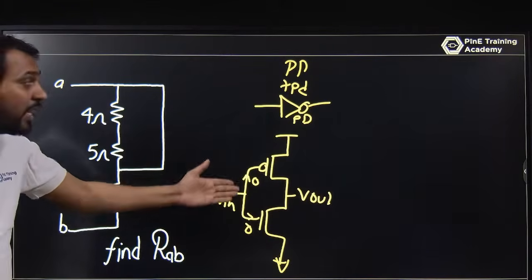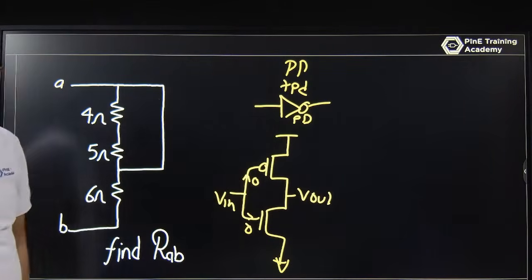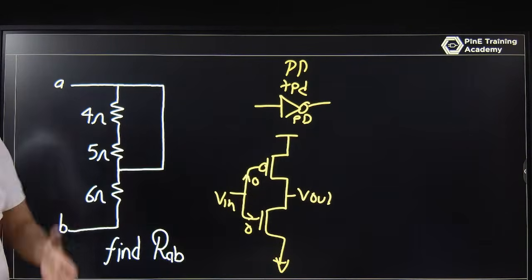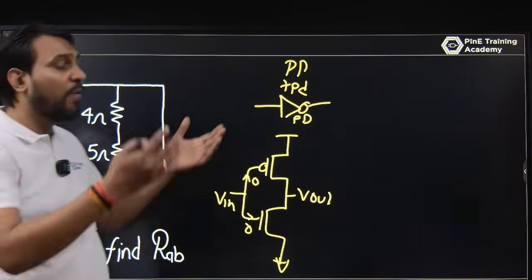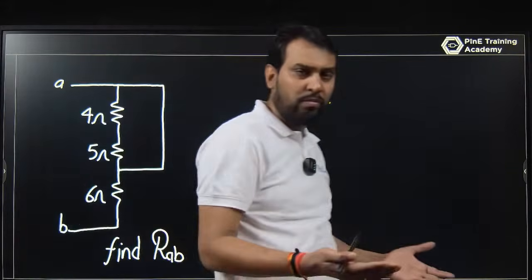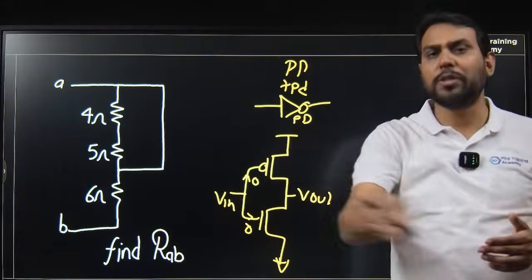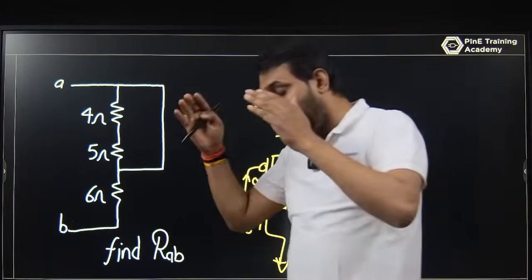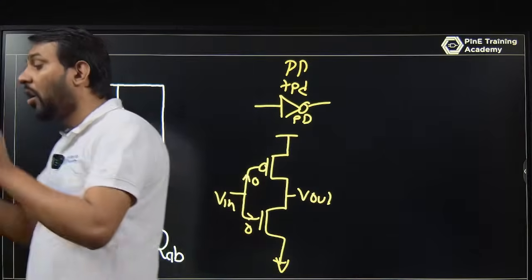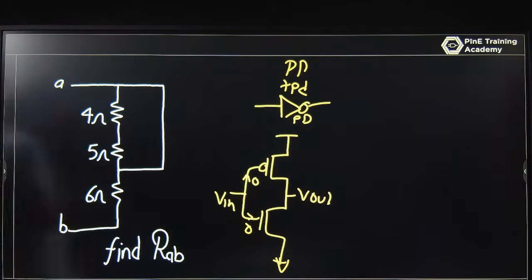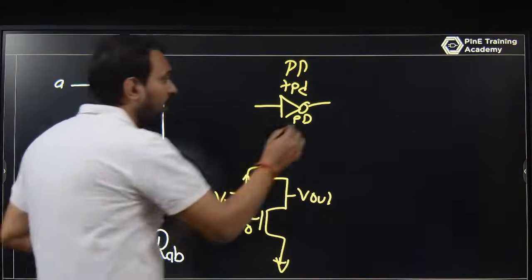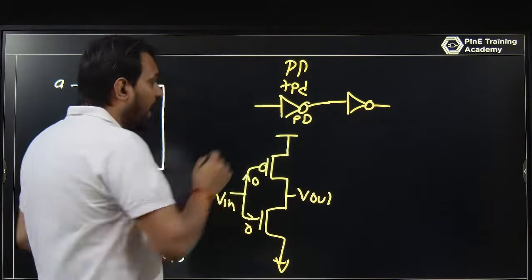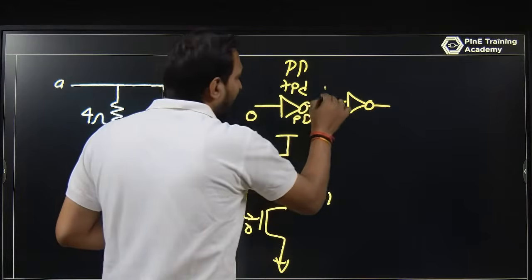What is the meaning? The meaning is that the input impedance is infinite. If the current is 0, the input impedance is infinite. This looks like an open circuit. Whenever you have an open circuit, current cannot flow, because for current flowing you must have a closed path. Current only flows in a closed path. So if this inverter is connected with this, and you have a 0 and this has a 1,